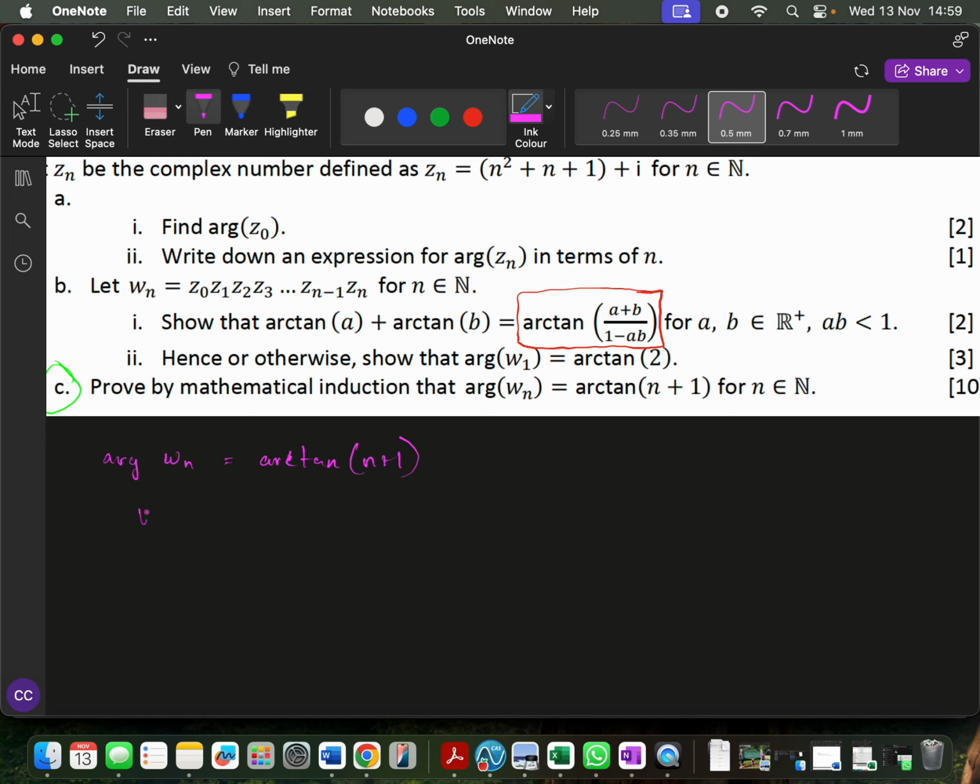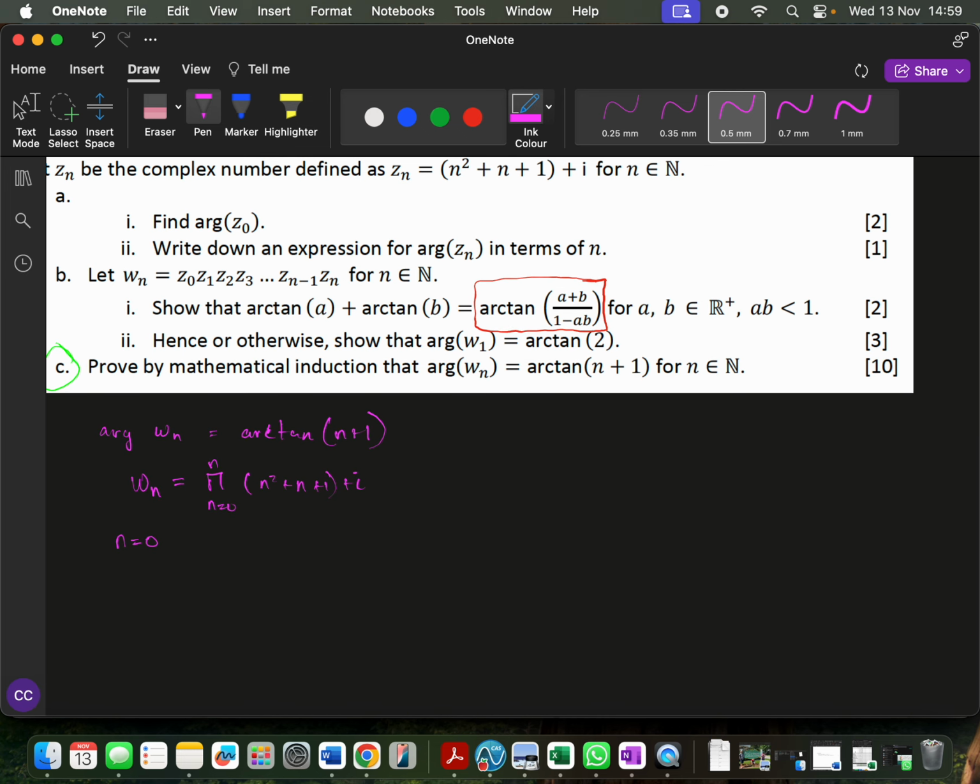Well, in order for that to work, we have to define what Wn is. And Wn is the product of the terms shown there. So if I start from n equals 0, which is my base case, I would end